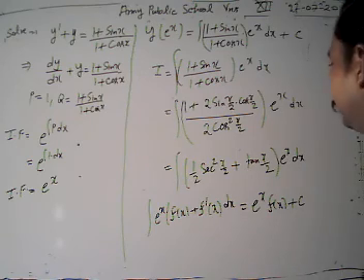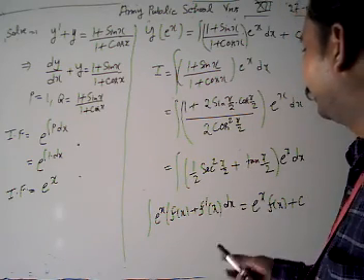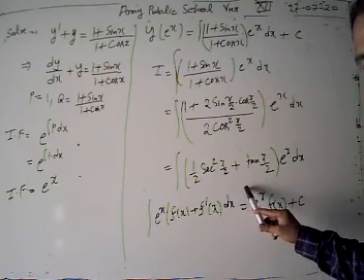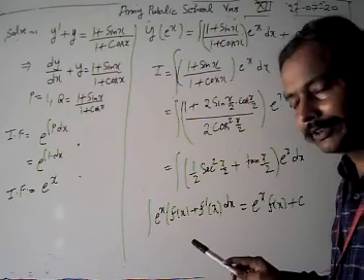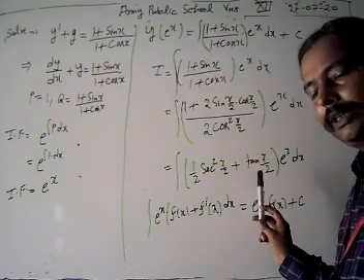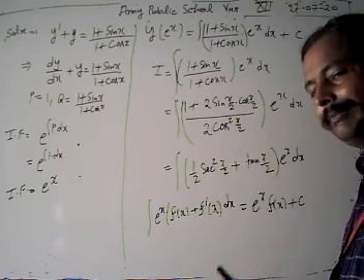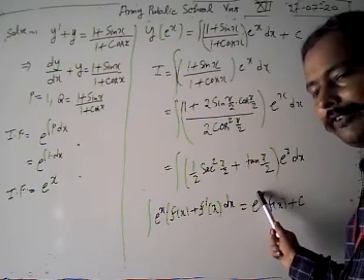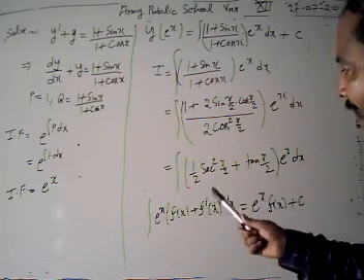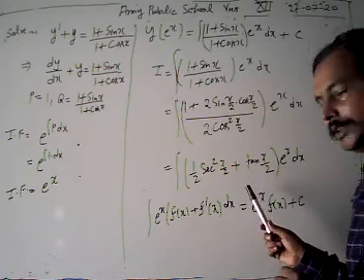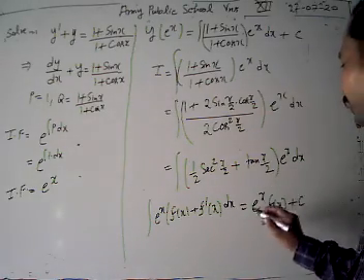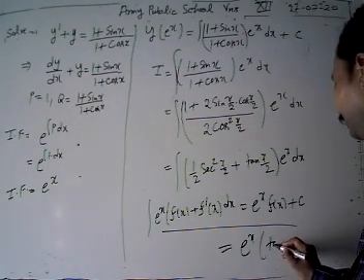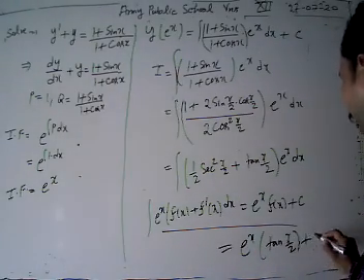Now look, if we take tan x by 2 as our function, then what is its derivative? d/dx of tan x is sec square x, but here we have x by 2, so sec square x by 2, and then by chain rule the differential of x by 2 is 1 by 2. Now if this is our f(x) and this is its derivative, then the integration of 1 by 2 sec square x by 2 plus tan x by 2, by this technique, is e to power x tan x by 2 plus c.